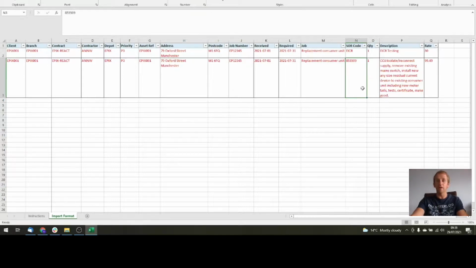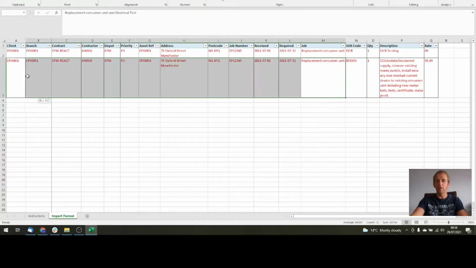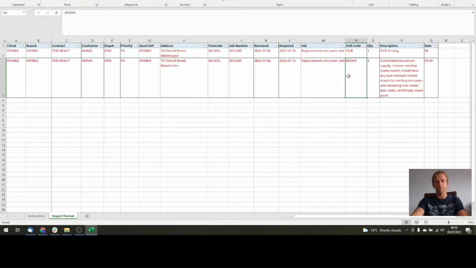So if you had 10 SOR codes, then all this information would be repeated 10 times, and then the different codes would be listed here. So it would only create the one job, but it would create the job with each of these codes within it. And of course,